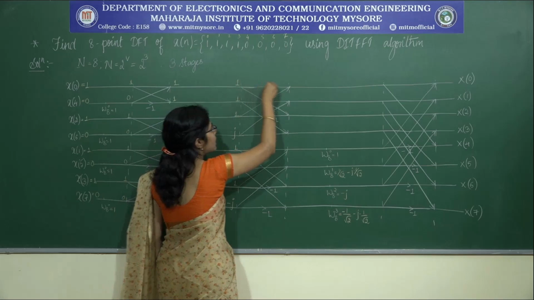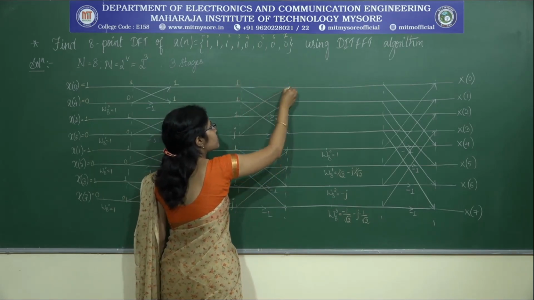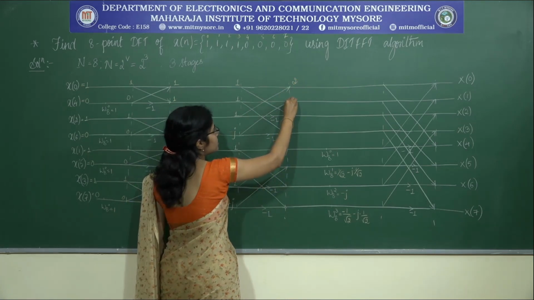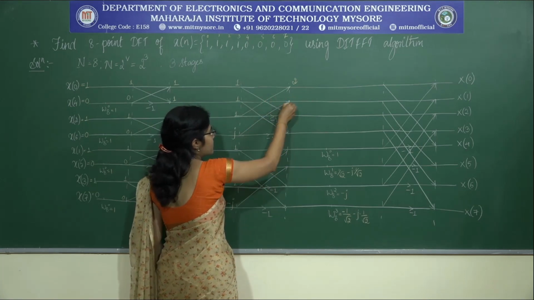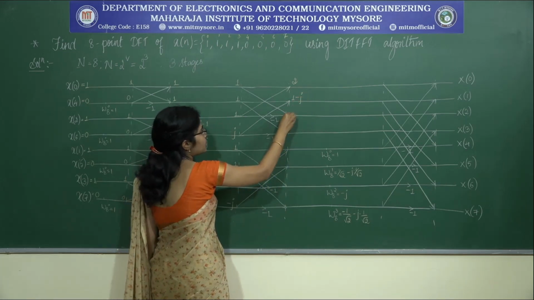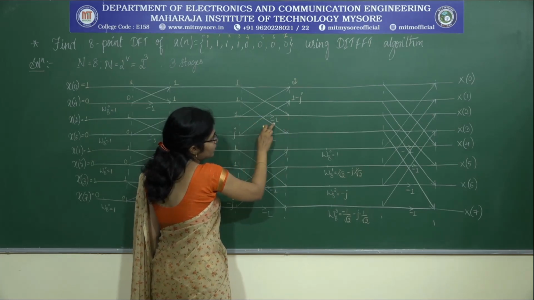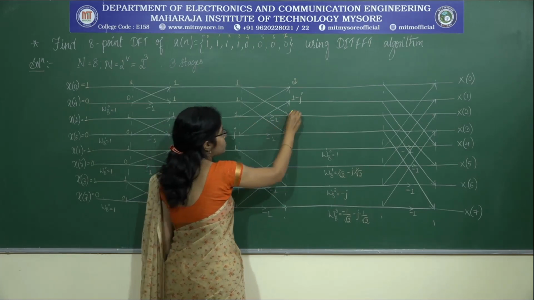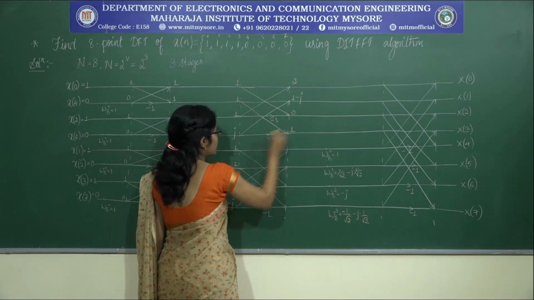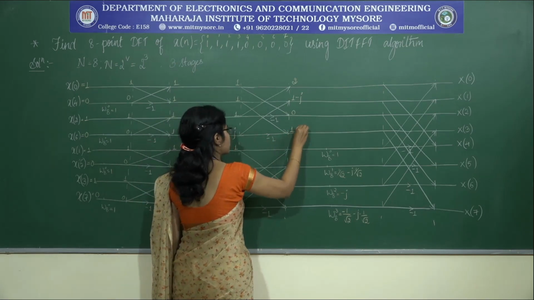So the branches meeting there are this one and this one. The signal from this branch is 1, from this branch is also 1, 1 plus 1 is 2. Okay. Again coming to this branch, the signal from this branch is 1, from this branch it is minus j, so it becomes 1 minus j. Again at this particular point, here the data is 1. From this branch the data is 1 into minus 1, minus 1. So 1 minus 1 is 0. At this particular branch the data coming here is 1. From this branch it is minus j into minus 1 is plus j.